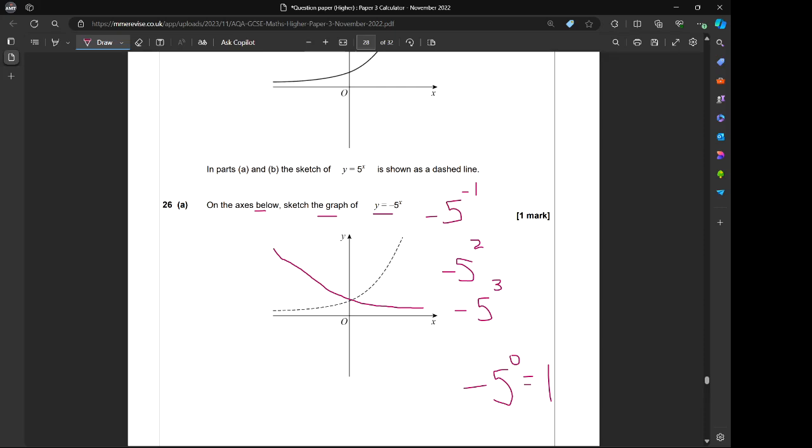I think I've made a little mistake here. Because if I look here, what is minus 5 to the power of 0? So minus 5,